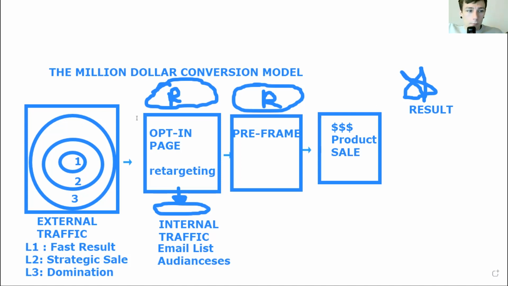You can be more direct. With a more unaware cold market, you have to be more indirect, and it takes a longer time to get to the sale because people need to be educated. But you can sell them a lower ticket thing and educate them that way, and then send them into more higher ticket stuff because they've learned about it.